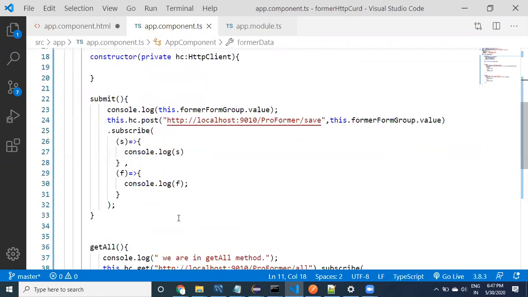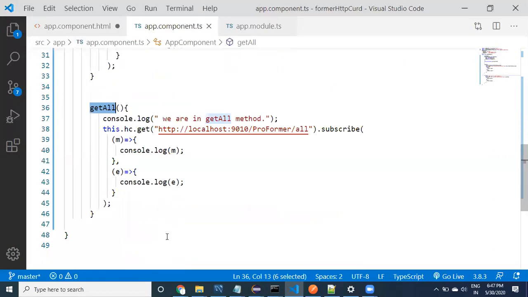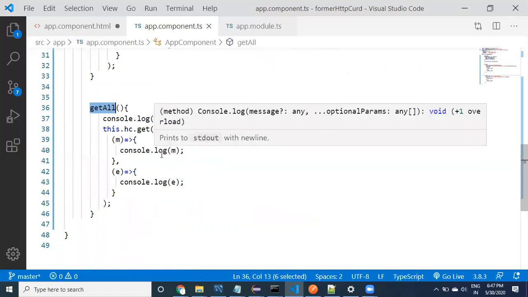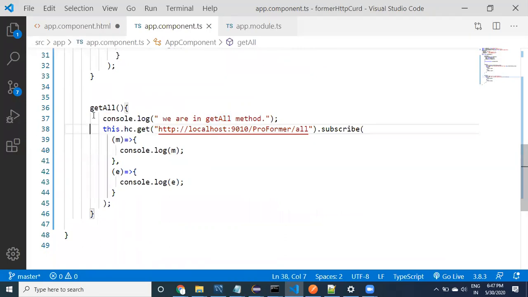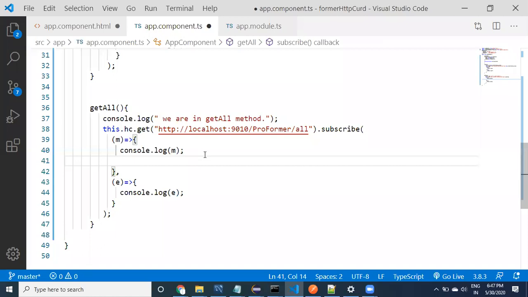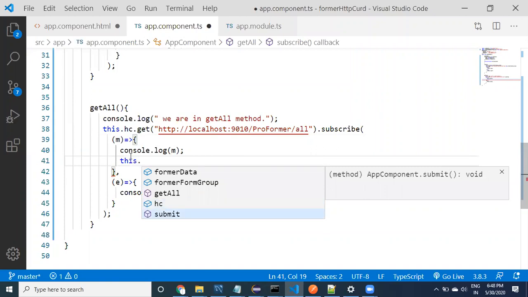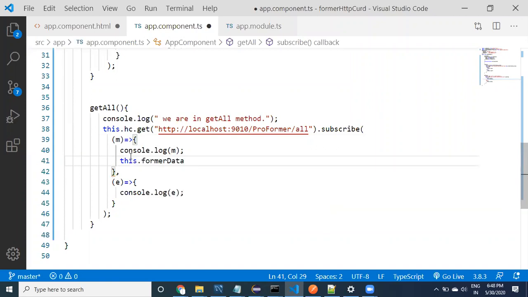Coming to success, when you click on the get all button, that triggers calling this particular method, and this method is going to be called when the response is correct, when it is a success. Now data is available in this particular object. Now assign this data to farmer data. For this property, assign the response.